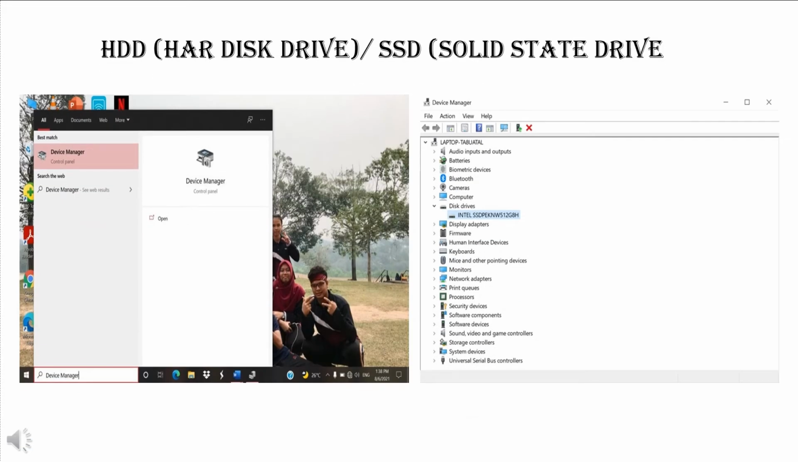So here we have 4 device drivers. Firstly, we have HDD hard disk drive or SSD solid state drive. To find HDD or SSD, first we search device manager in search box at the taskbar and click on it. So secondly,